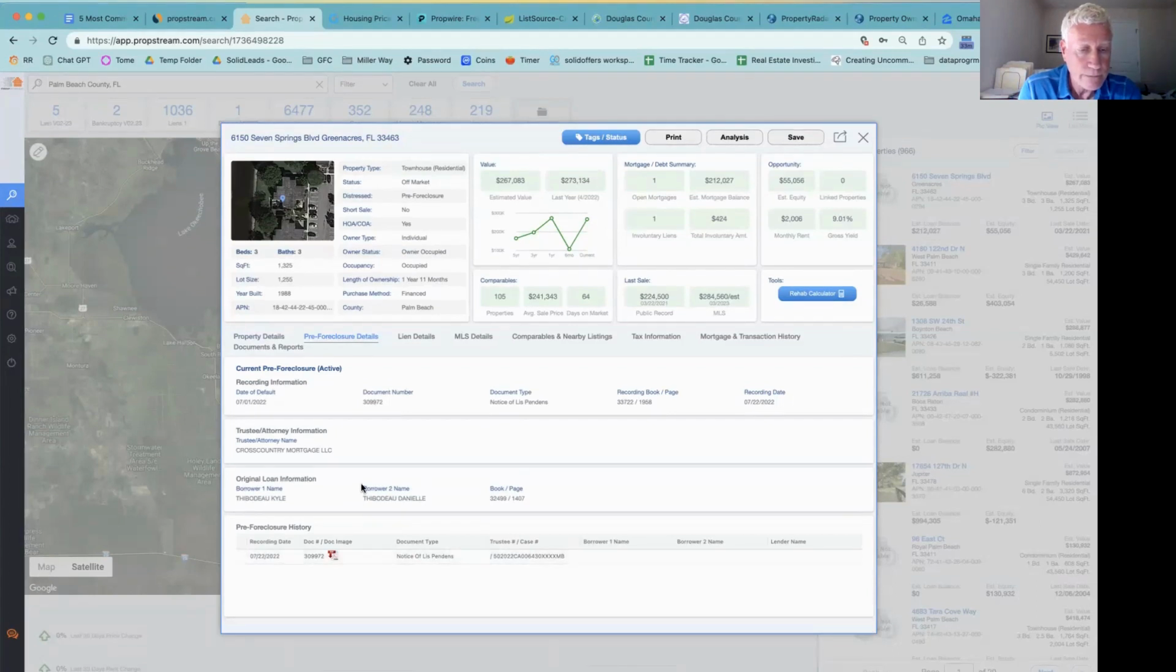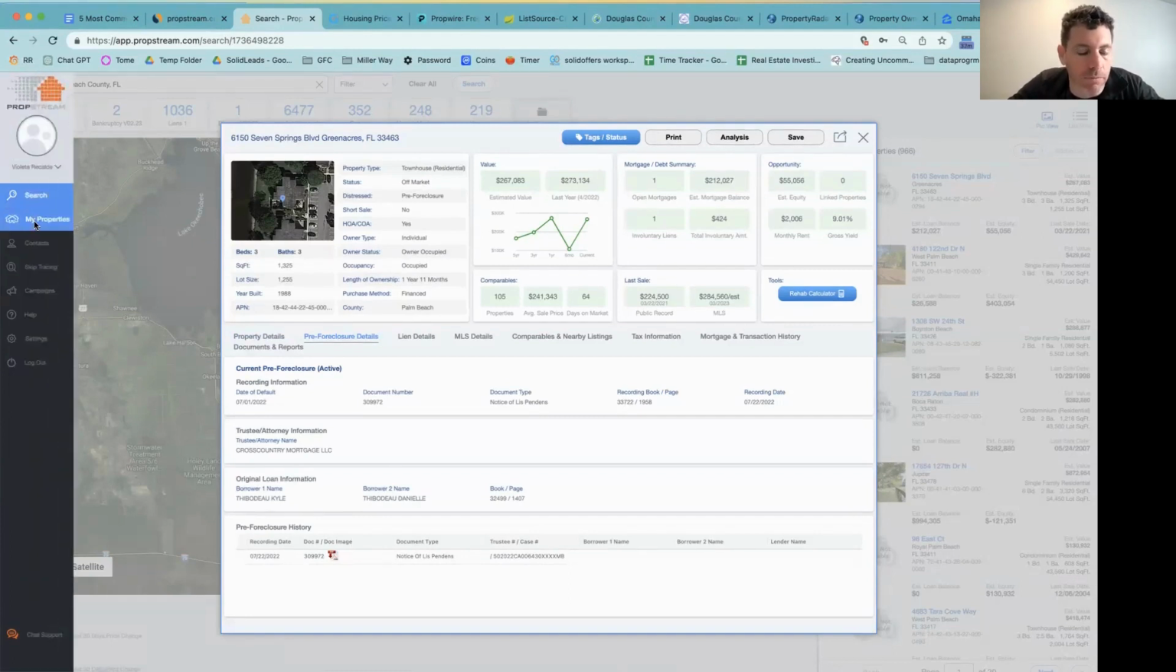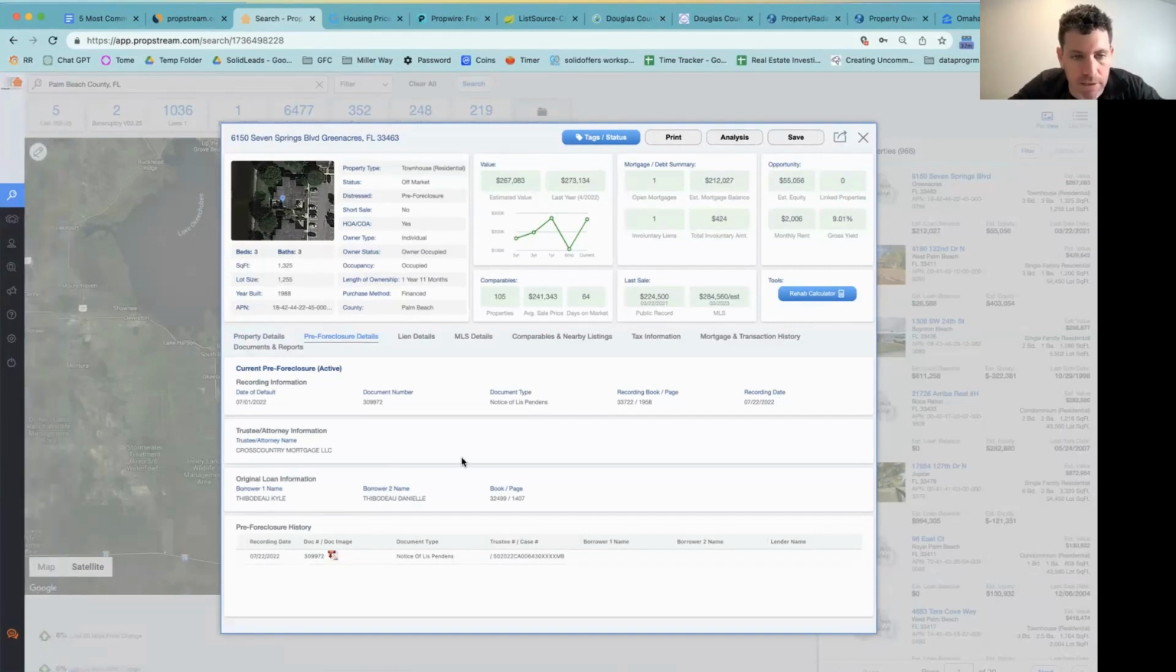Okay. Yeah, at the end of the day, you nailed it. You need to verify before just pulling that list and saying, okay, it's good to go. I don't use Propstream for pre-foreclosure data. I've found that it's not very accurate. My data source for that is